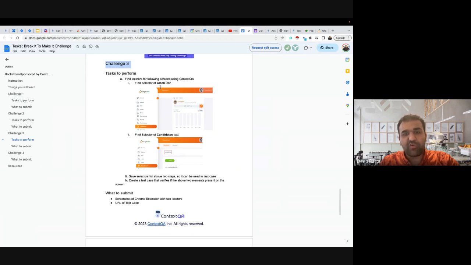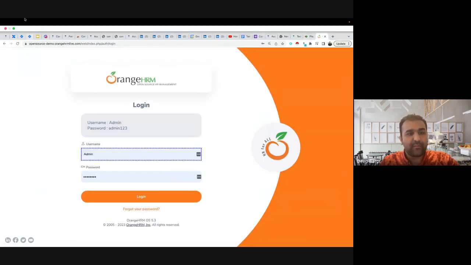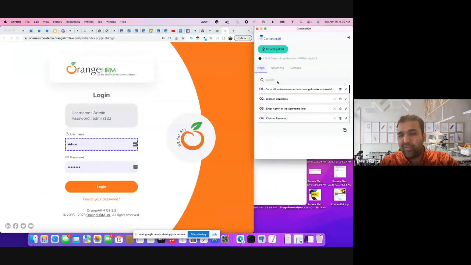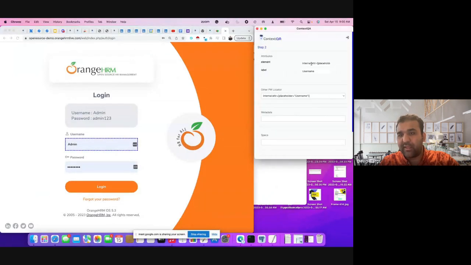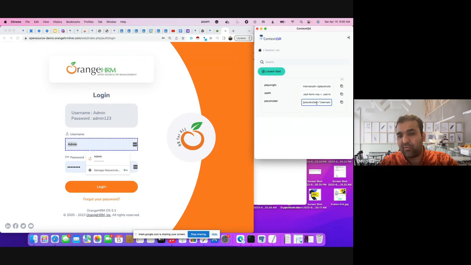In the Chrome extension, we have a way to find a locator for a given element, or DOM element. Over here, if you go here in the Chrome extension and click on the edit button, you will find these selectors, right? So you need to copy and paste one of these selectors for the given item we give. You can get the selector from here because it is automatically captured for you, or you can go back to the home screen, click on selector, right click on it and choose ContextQA selector finder, and it will find a selector for you.